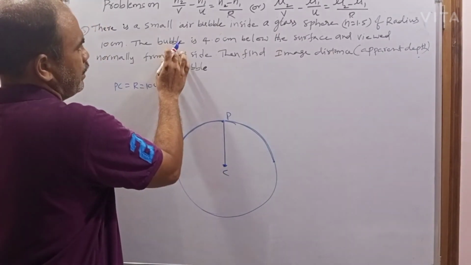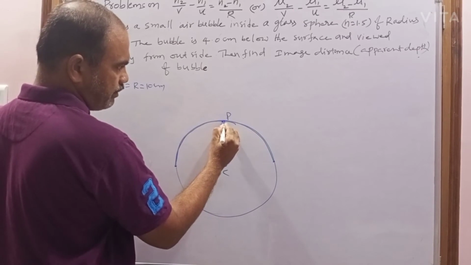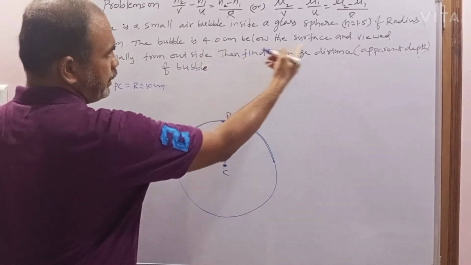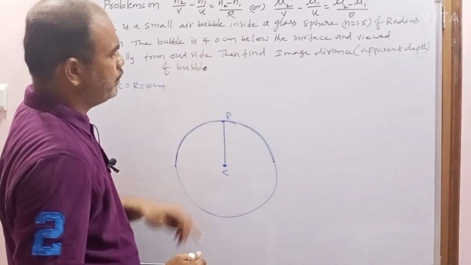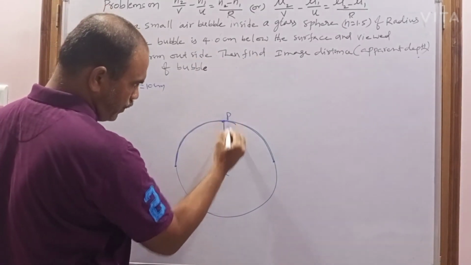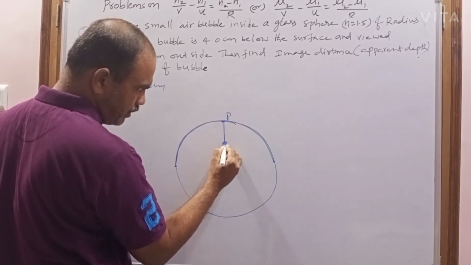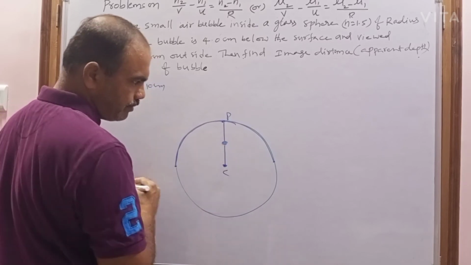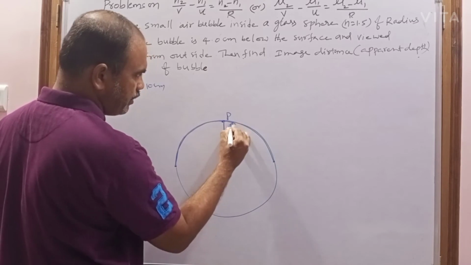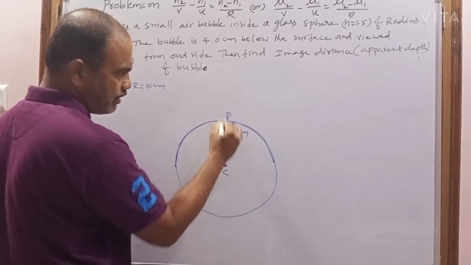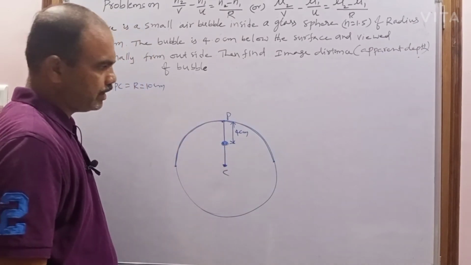Now in this glass sphere, the air bubble is how much distance from the surface? This is the curved surface. So from this curved surface, how much distance? 4 centimeter below the surface, and inside the glass sphere from the pole it is 4 centimeter. Actually, from pole to center of curvature is 10. But from pole to, let us consider here is the bubble. So the bubble is at how much distance from the surface? It is at 4 centimeter. And now this can be taken as the object distance. So this is the air bubble.